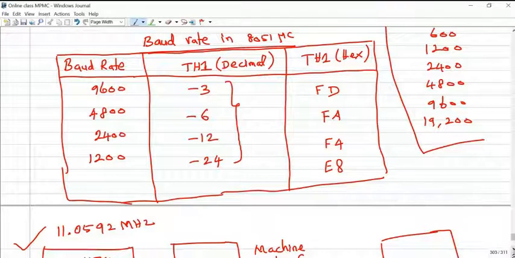So what are the possible transmission rates, that is, baud rates? There are only 4 baud rates available. The 8051 supports these 4 types of data transmission rate. So how do we set a particular baud rate? We are using timer 1 mode 2 operation. No other timer, no other modes are allowed here. Only timer 1 mode 2, that is auto reload mode. Either we can load -3, -6, -12, -24 for the corresponding baud rate, or the hexadecimal value for it, to select this particular baud rate.